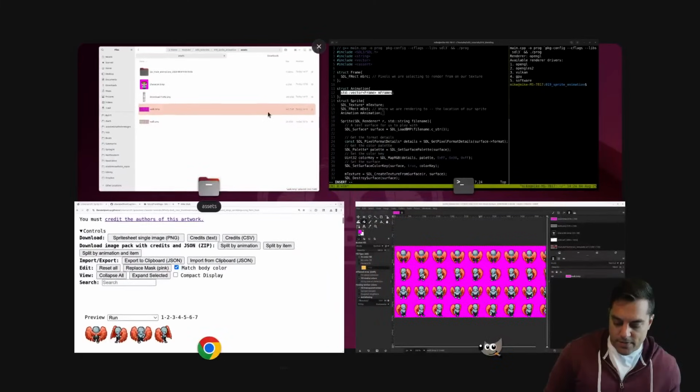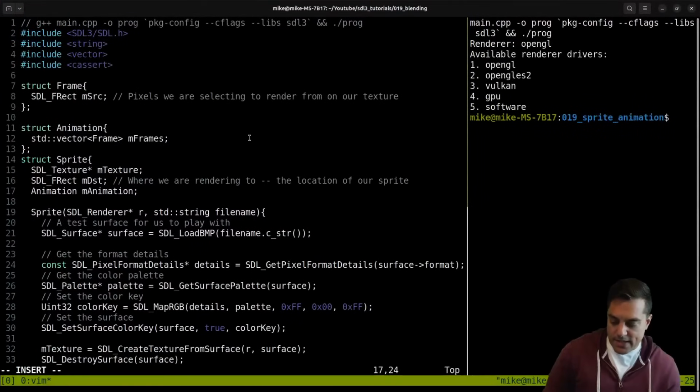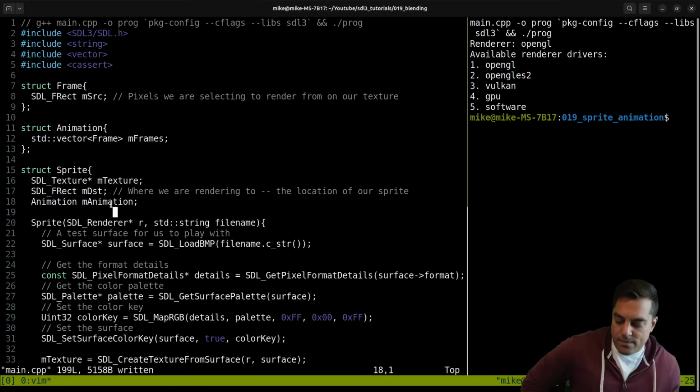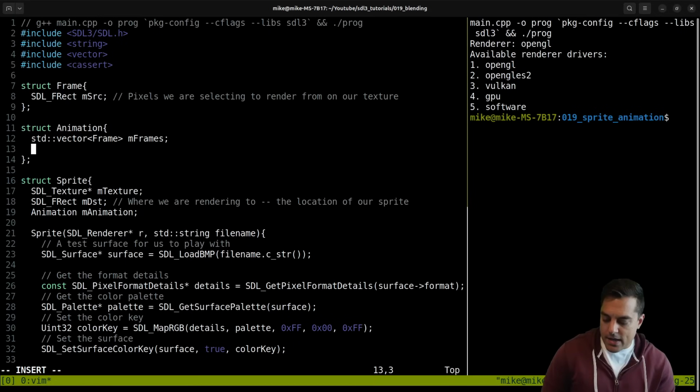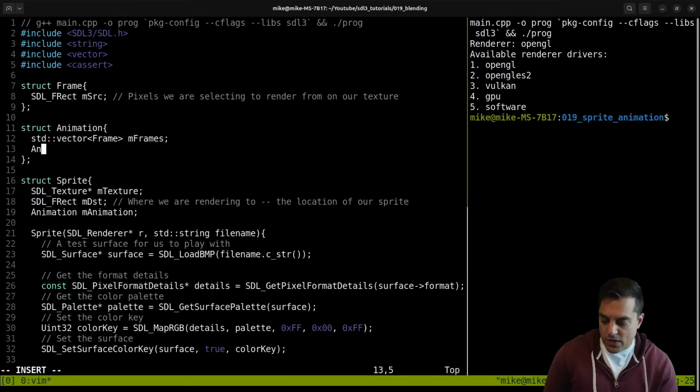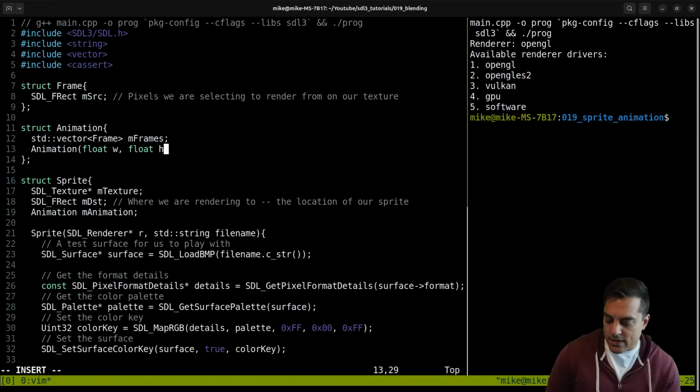Let's undo this to make sure we don't mess up our image. But again, these are a few different ideas you can have here. So actually, I am going to do this so we do it properly. For our animation here, let's go ahead and populate this. What I want to do is create a constructor here that will do everything for us. So we know we want the width, we know we want the height of each frame, and then maybe we want the number